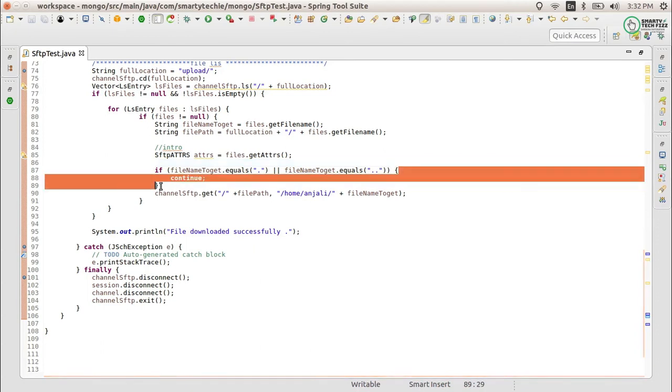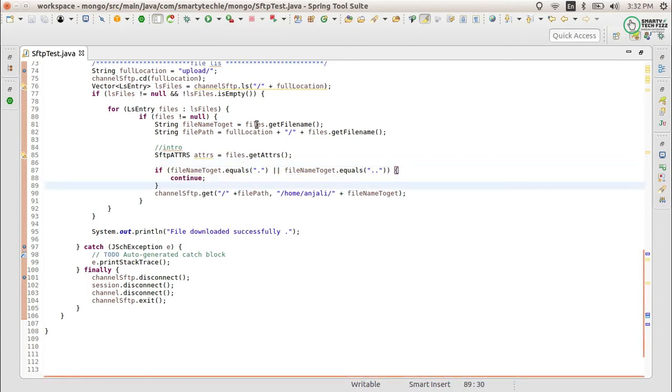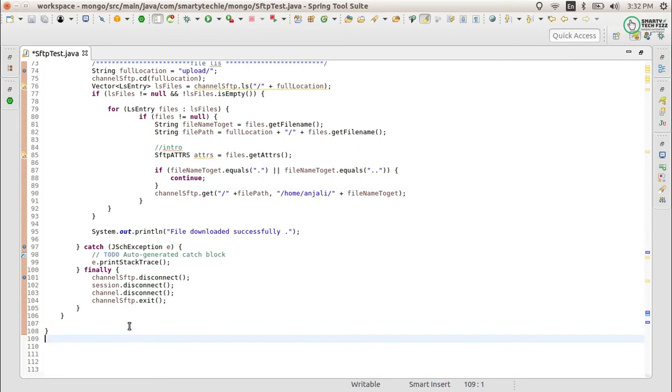So this is a check. Why am I using this check? Because whenever we get the files listing, firstly it provides the dot, then it provides the double dot, and then it provides the files.